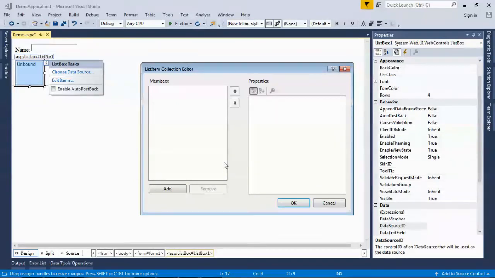We can add the item in the list box with the help of the edit item link. Click on add. Let's say I just want to add some city names here.